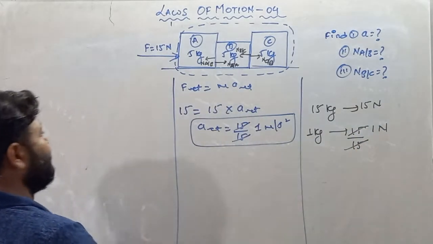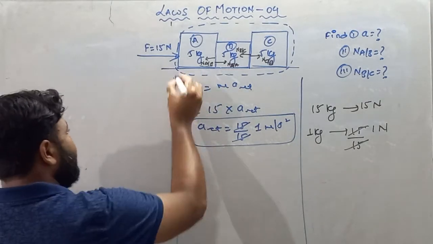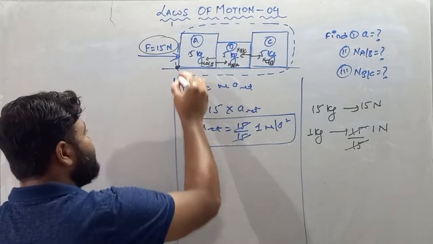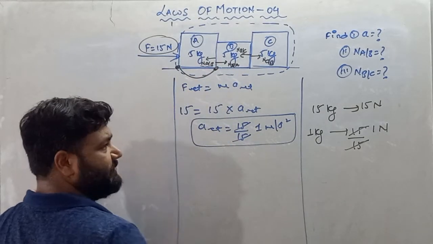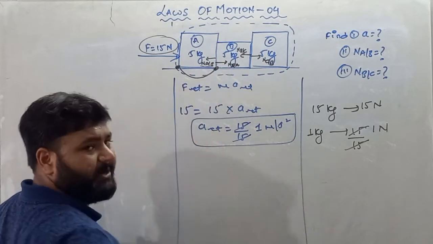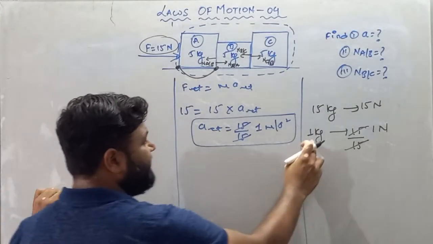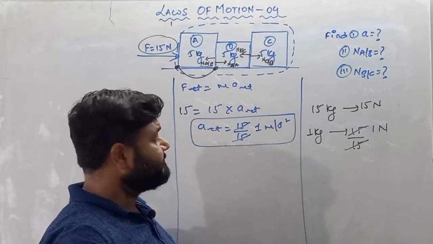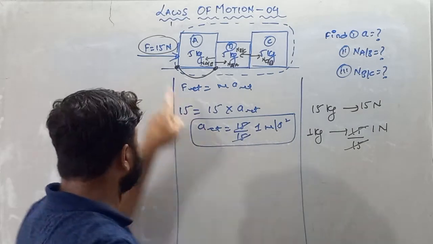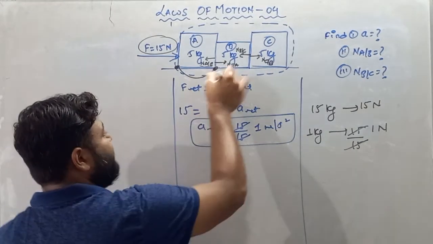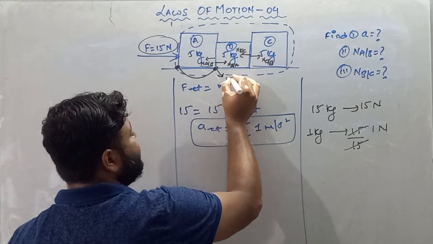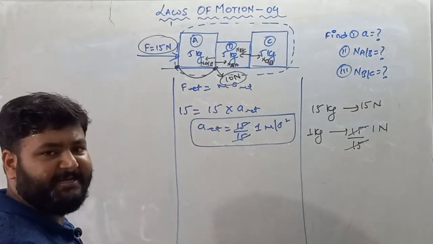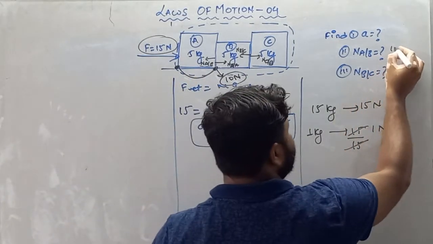So just try to find the normal on A due to B. See, I am standing here and along with me there is 15 Newton force. So just move from this point to this point, my dear student. If you move from this point to this point, you will move 5 kg. For every kg, 1 Newton force is used. So after moving 5 kg, 5 Newton force will be used. So total force we have is 15. 5 Newton will be used, so the left force is 10 Newton. So the normal on A due to B is 10 Newton. The answer is 10 Newton.